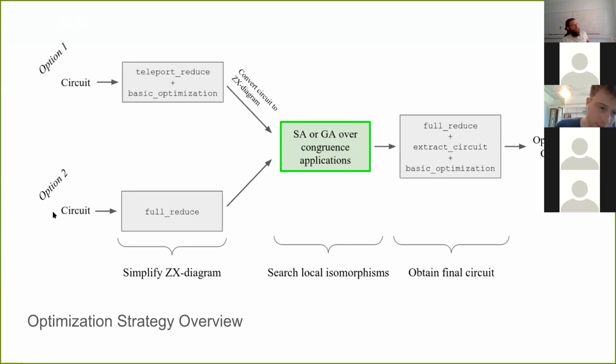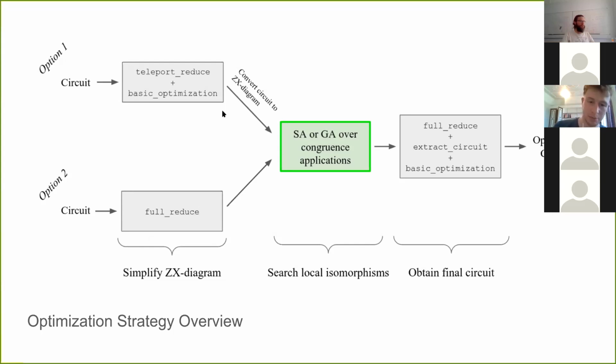So first, we take an input circuit, and then the first thing we want to do is simplify its ZX diagram using off-the-shelf methods. We just want to simplify as much as we can, mainly to reduce the T count. And those familiar with the field will know that there are two main routes of getting there. One is via teleport reduce, which only reduces the T count and doesn't affect the number of 2 qubit gates, and then apply some circuit level optimizations. The other is just to apply full reduce, which is this more powerful method of applying local complementation and